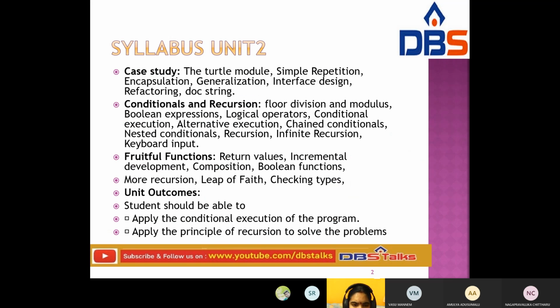Now here in this syllabus we have already completed this part, ma. Conditionals and recursion is completed. In fruitful functions we completed return values, incremental development, and composition. Next, Boolean functions. We have completed up to Boolean functions, ma. Here the next topic is,